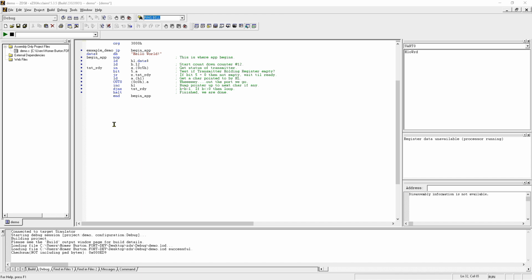It makes it simpler when we actually write an application for Tristos, so we'll already be used to it. So example demo begins at 3000 hex, and the first instruction is a jump to begin app. That's changed a little bit from where we were before,